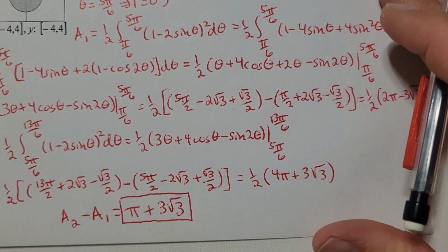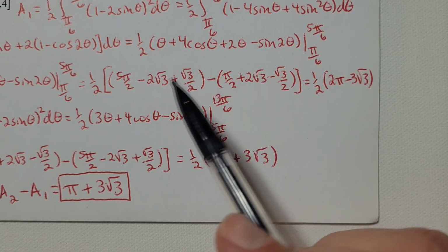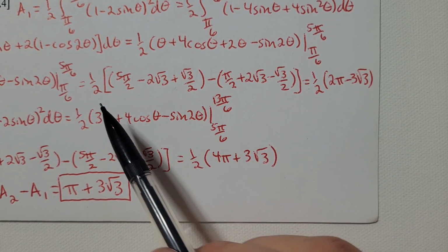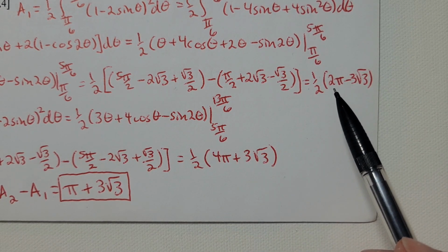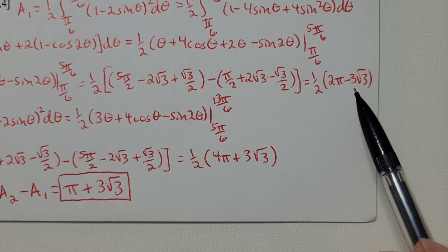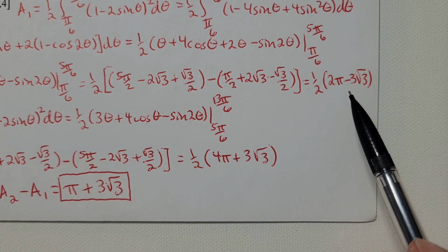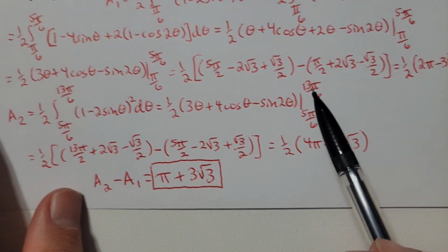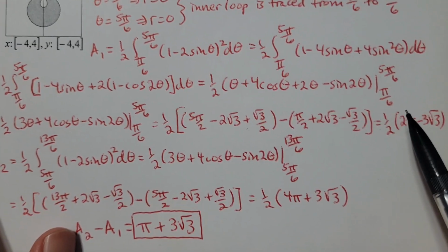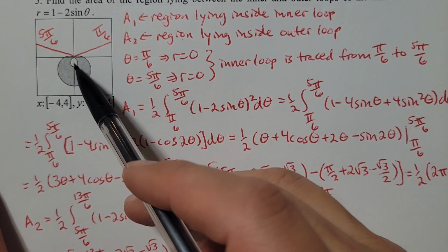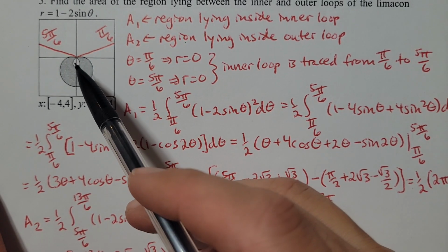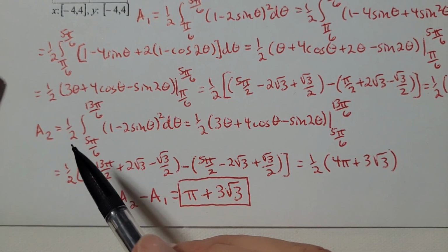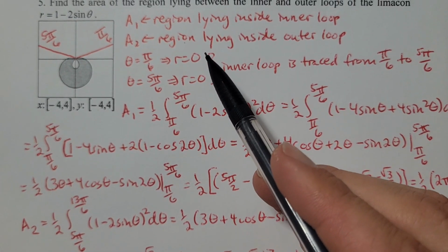Okay, so then the next thing is that when I simplify this, I'm going to get 1/2 times 2 pi minus 3 root 3. Okay? So then the next thing that I'm going to do, and that's the area of this white region, that's inside the inner loop here. So then the next thing I'm going to do is find the area of the region inside